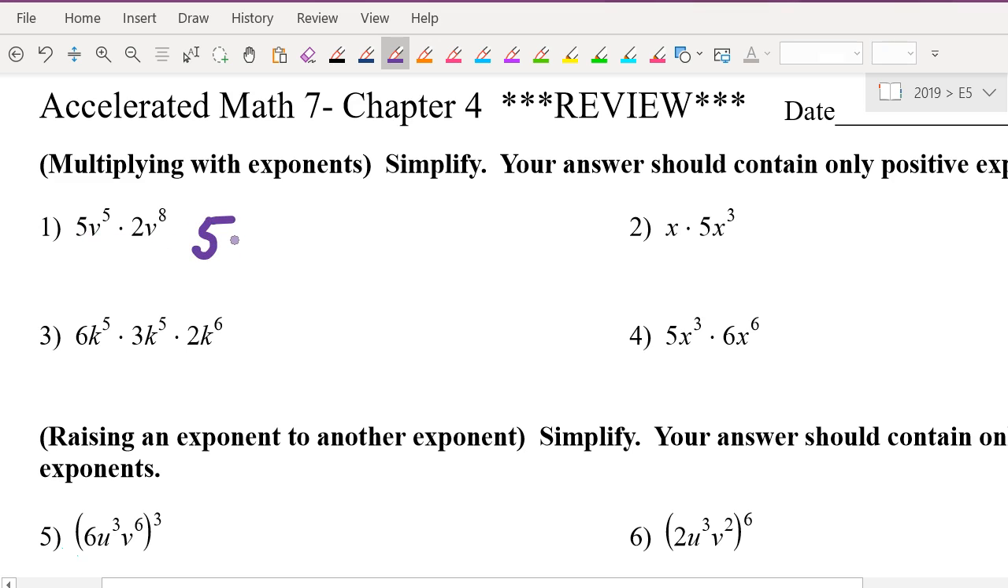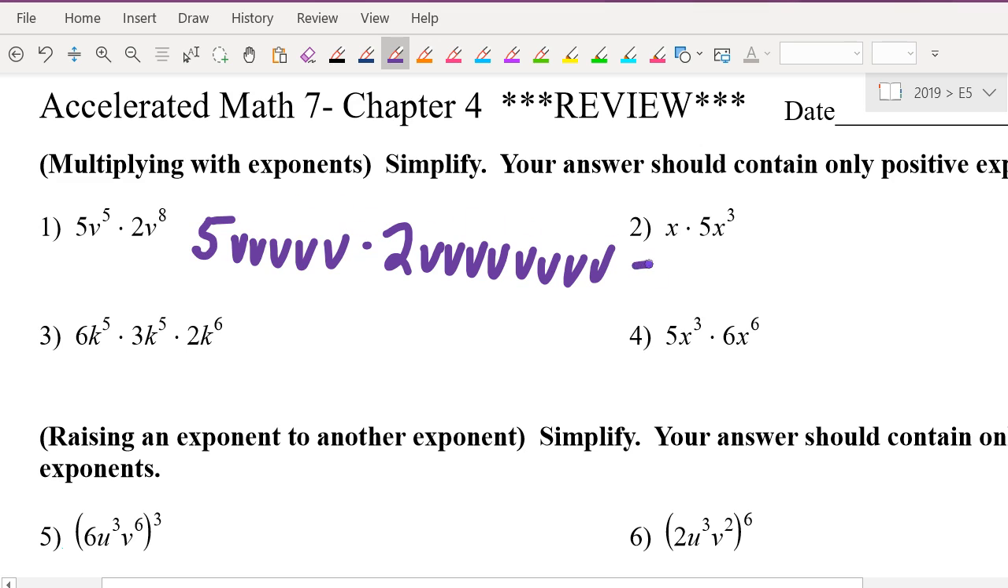5 times 2. Oh, expanded form. Yeah. 5 times V times V times V times V times V, and times 2, times 1, 2, 3, 4, 5, 6, 7, 8. Now you're not required to do that on the test, but you should at least think about it, because we know that the order doesn't matter for multiplication, because multiplication is commutative. So we could do 5 times 2, 10. And we know that we have how many